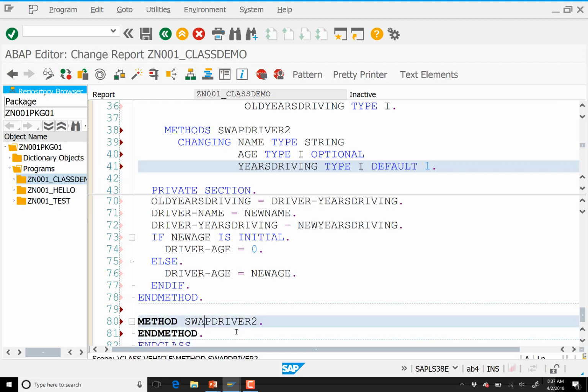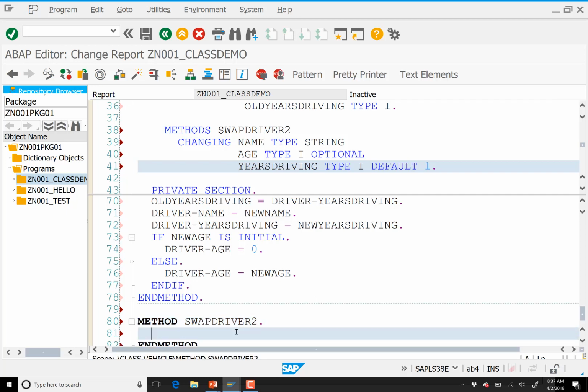Now this gets a little bit tricky here because I can't put the old one into the parameters, because if I do, I lose what's in there as far as my new information. So I am going to have to create a local data object. And so I'm going to just do this data new driver type,